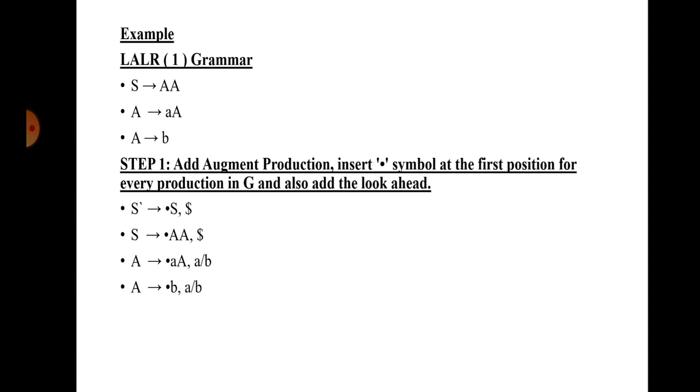So we simply write A slash B. After the same steps are done as in the SLR parser, we have to name I naught for the initial state. After that we find the goto state. Goto state is used to move from the current state to another state. We name states from I naught up to any state.